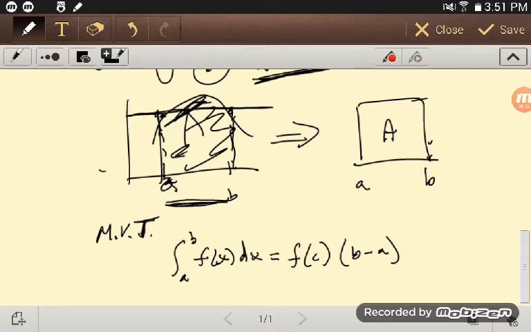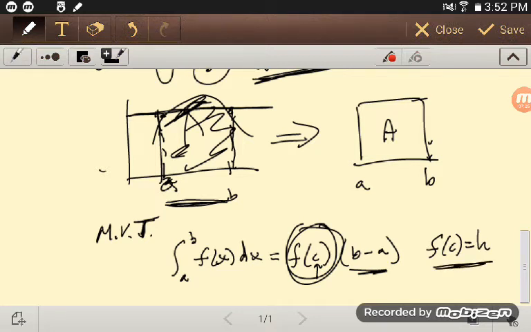Well, I may not be able to tell you where c is, but I can definitely tell you what that value of f is. f of c is equal to h. Okay, because if I divide both sides by b minus a, I will get the average value. And that average value is just the h we talked about up here. You can look at it either way. You get the mean value theorem, and then the idea of coming up with this average seems reasonable. But also, if you come up with the average, it seems reasonable that this mean value theorem ought